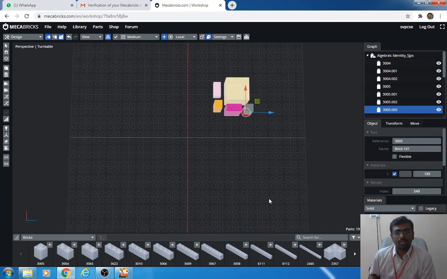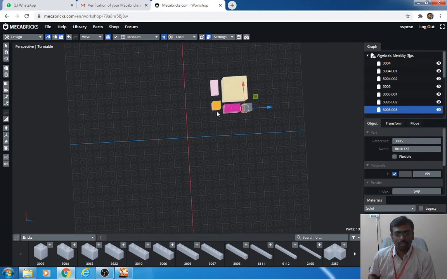Now I have made this exactly located. Here I need to make a gap further. I'm just making it a cubical platform.